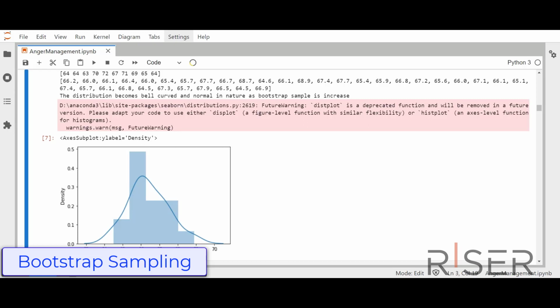Now this plot has a very particular shape and is called a bell-shaped Gaussian or normal distribution curve. The reason why we get this curve mostly after applying bootstrap sampling, even to non-normal distributions, is due to something called the